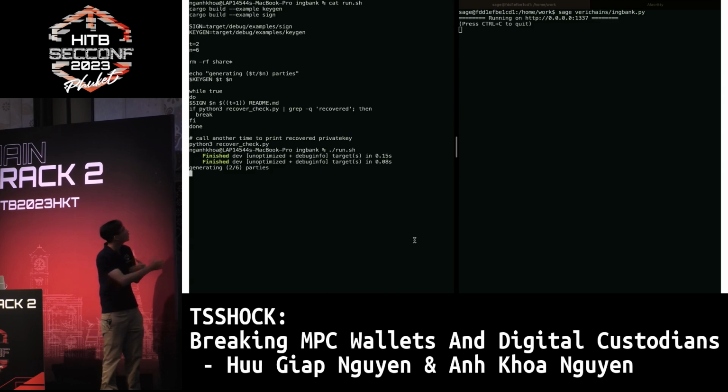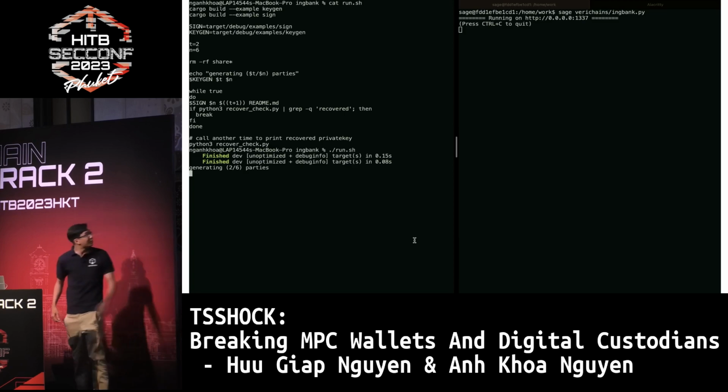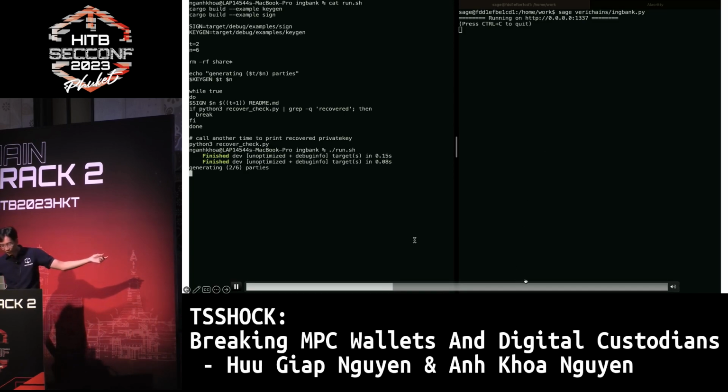Our party will be party number 0, and because it's random, we don't know which party signs. And then we have the server here. When our malicious party receives the values, this server will inject and send out the values, and then we will periodically check whether the private key is recovered. If the private key is recovered, we will stop the signing process, because we can recover the private key now. Actually, the key signing is really long.